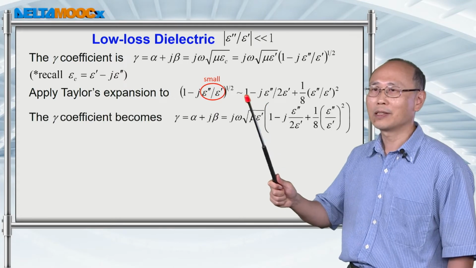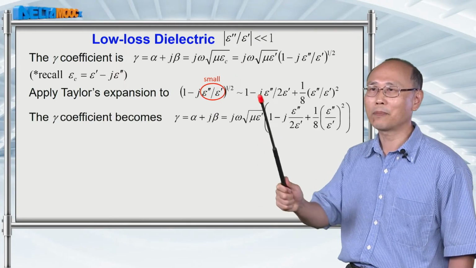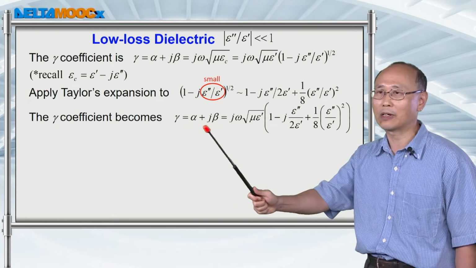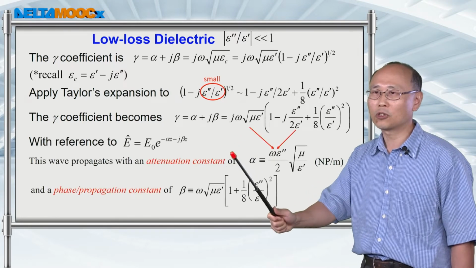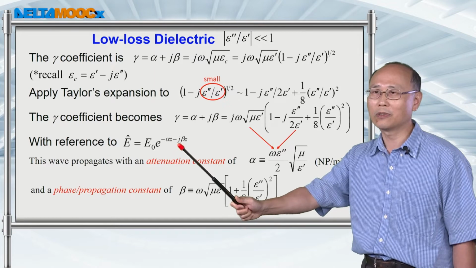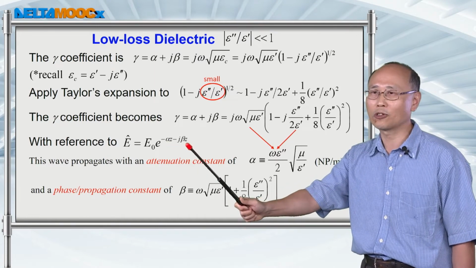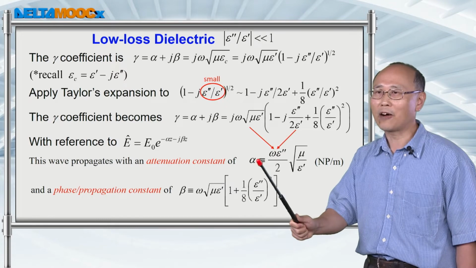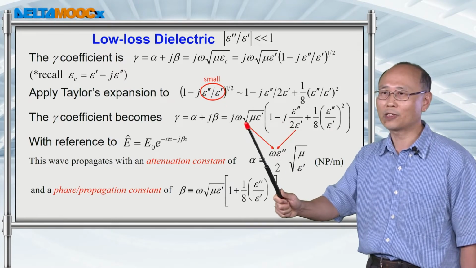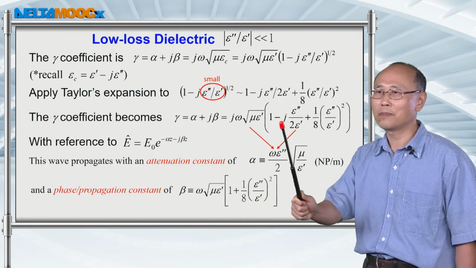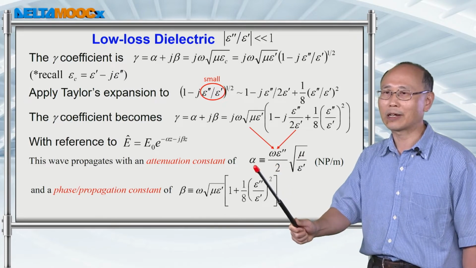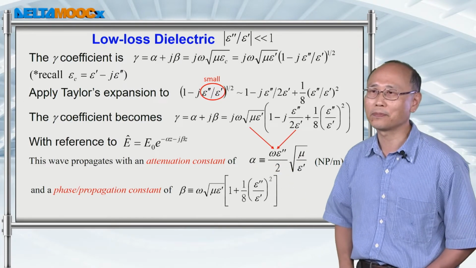So with this, then you can put this back to this expression and then identify the real part and imaginary part of gamma. And so you write down this expression. This expression tells you the attenuation of the wave and also propagation of the wave. And alpha is the real part of this expression. So if you multiply this term with this term, j multiplied with j gives you -1. So you end up having this attenuation constant equal to this.